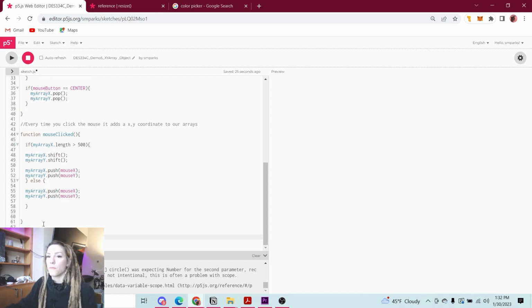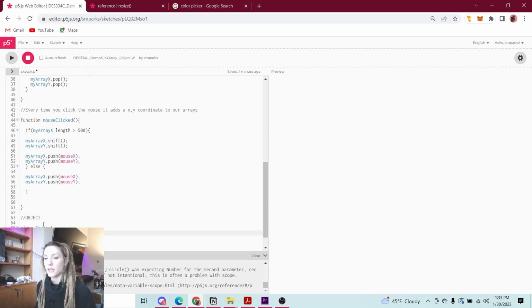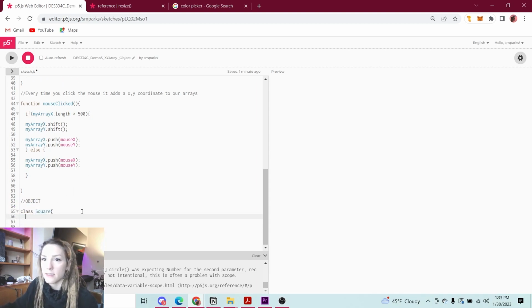The way that you would write that is by writing class, and I'm going to make it a square class. And then you just put square. You don't need to put the open close parentheses for class. And you'll do the open close squiggly bracket. Inside of this class, the object has 3 parts. And the first one is the constructor,